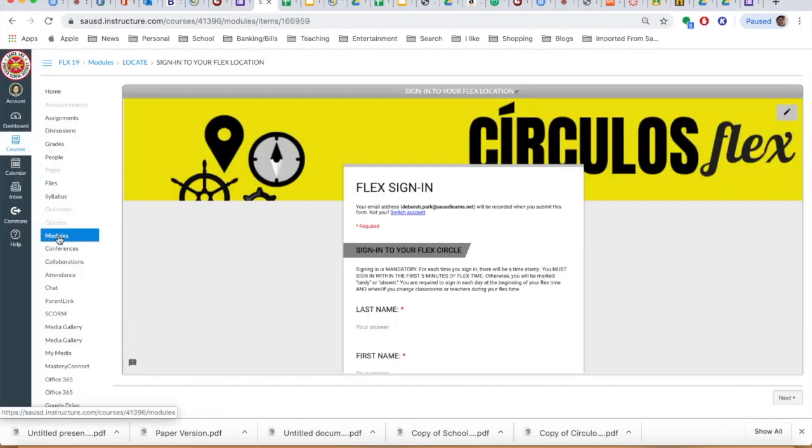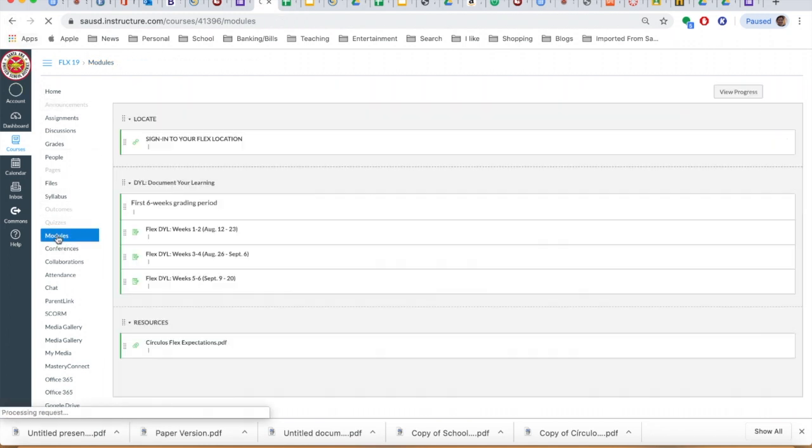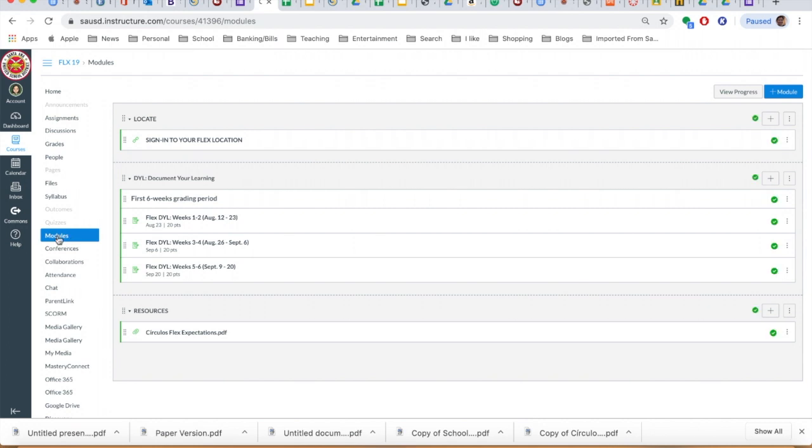Well, I'm going to go back to modules. So if you're not familiar with Canvas, one way to get back to all those assignments, the best way, is always click on modules. Don't do the back button or click home. Sometimes it messes it up. So just go back to modules and you'll see that we posted your 3 DYLs for the first 6-week grading